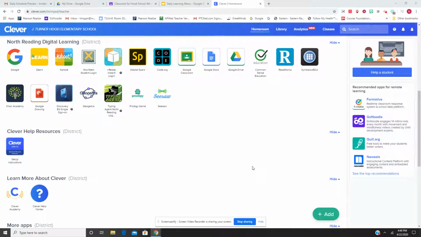Boys and girls, here is our preview for the learning menu for Thursday. And again, you always start in Clever because you can get to the Google Classroom from here. You can get to your Google Drive from here. So once you do that, you should open